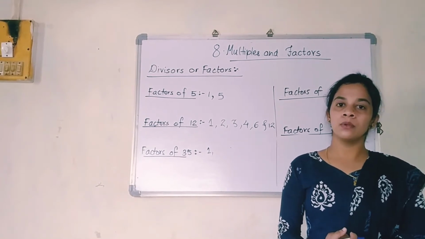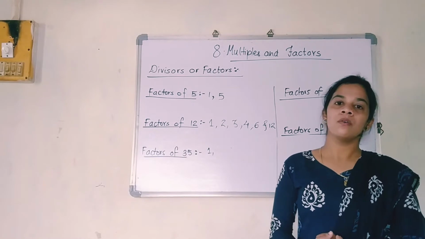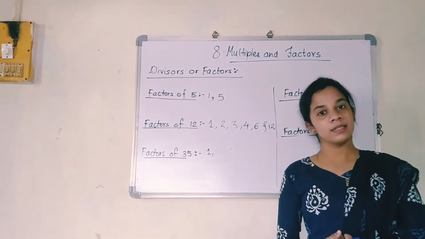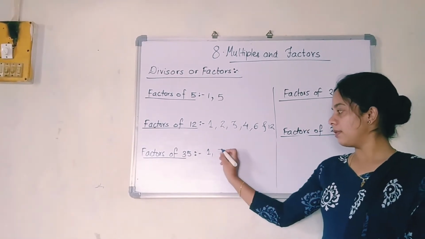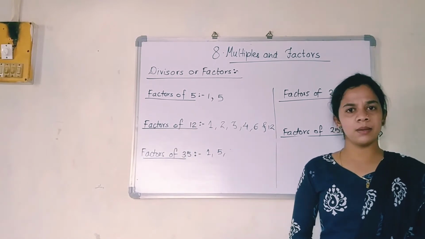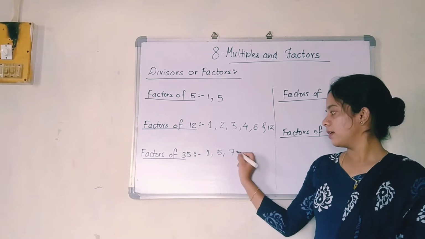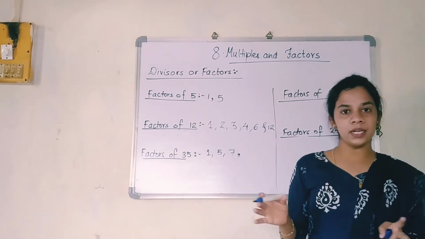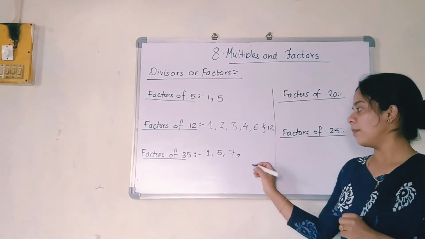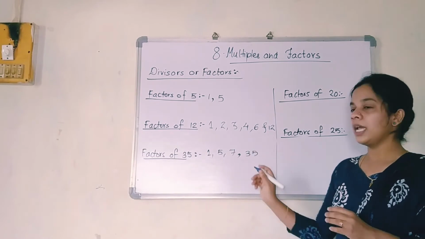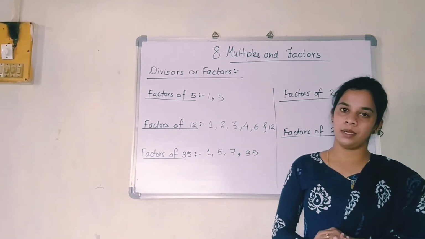3's table, no. 4's table, no. 5's table, yes. 5 7s are 35. So 5 table 35 is occurring. 7's table, 6 table, no. 7, yes. And if you know the tables properly, 35 will come in directly 35 table. In between it is not going to come in any other table.